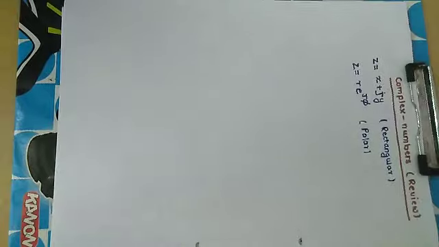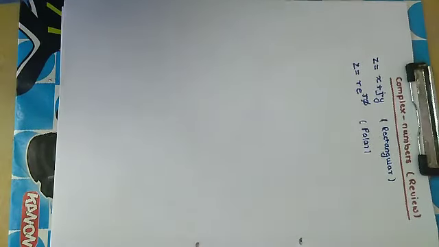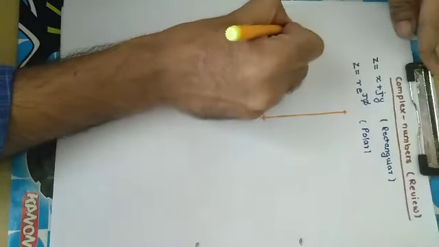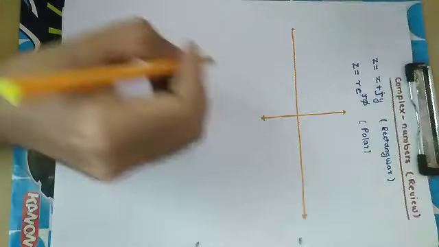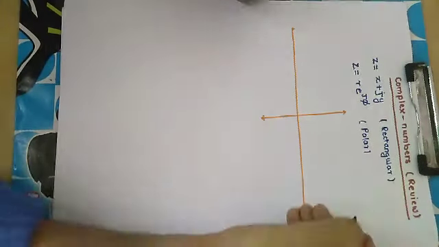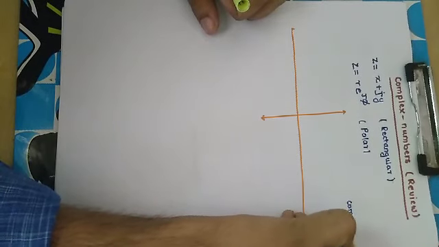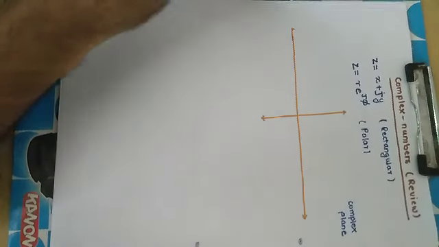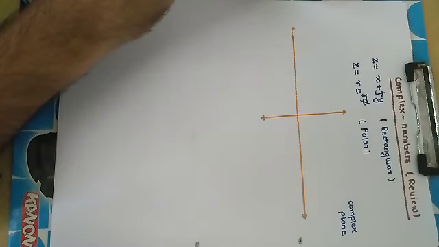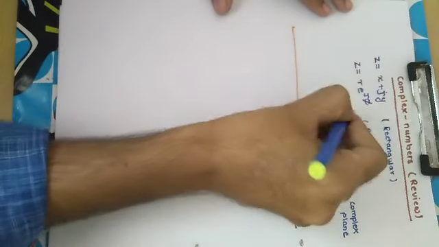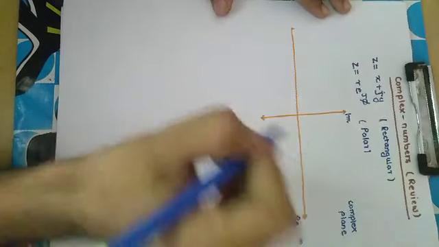Okay, so what is the complex number z? If I make this a complex plane, this is a complex plane. You will soon find that your Laplace transform s and z for your z transform are all complex planes, in which the x axis is real and the y axis is imaginary.